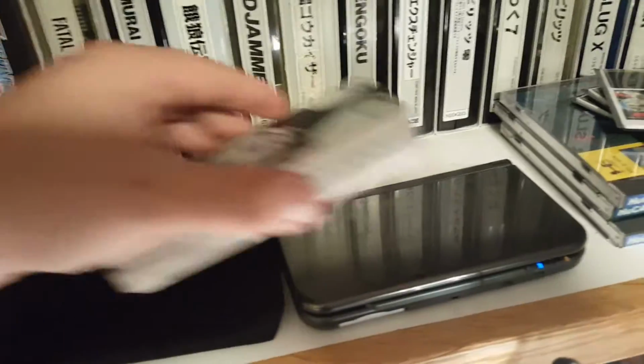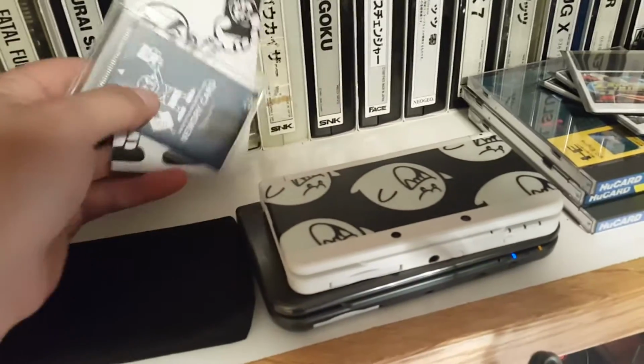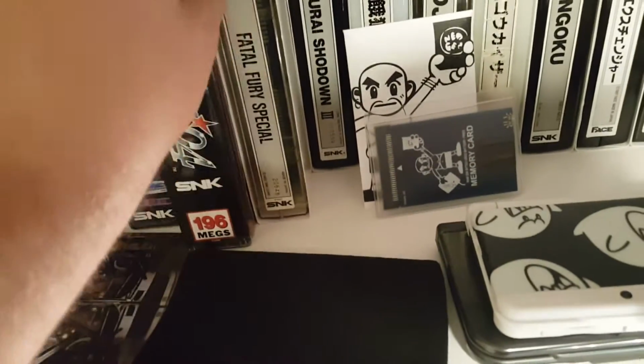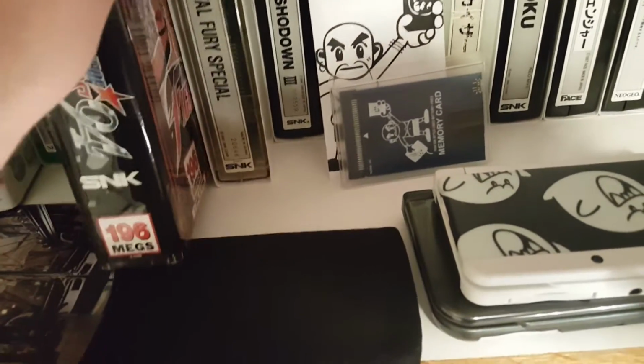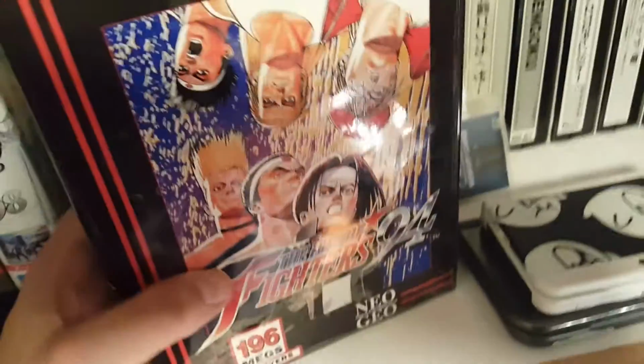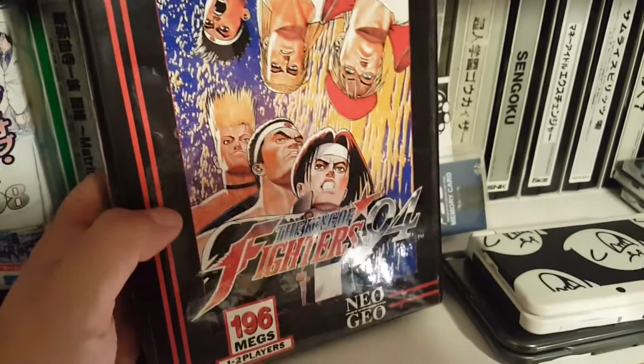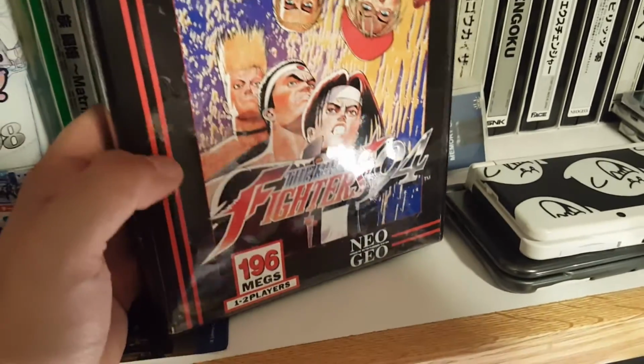So, without getting too verbose here, I've got a King of Fighters 94, which even though you can't do the team edit in 94 has some awesome stages, awesome music. I like the pre-fight vignettes that kind of happen, and yeah, this one's in okay shape, but this is a